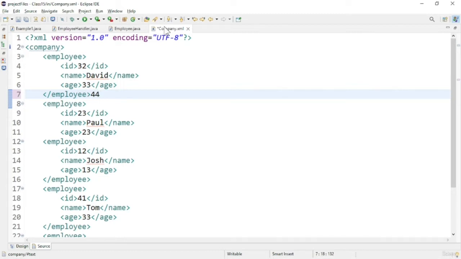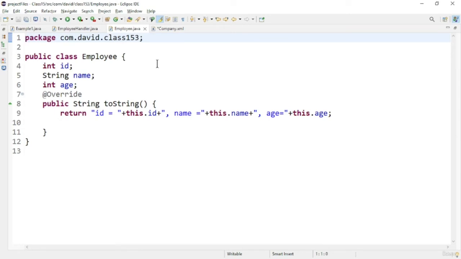Now let us see the object in which I will be storing the values of the XML file. So this is the employee object. It will have ID, name, and age, the three fields. Similar to the XML structure, whatever fields the employee has, I have declared all of them. So this object will be saved, and we will be storing a list of these employee objects. Now let us see the implementation of the XML parser.